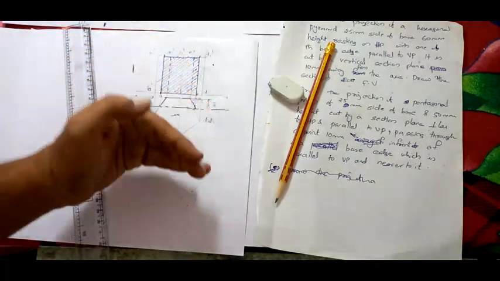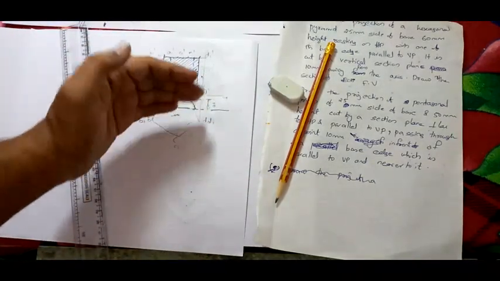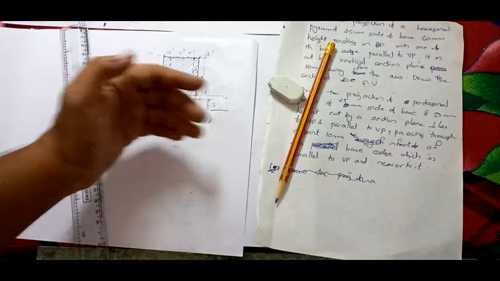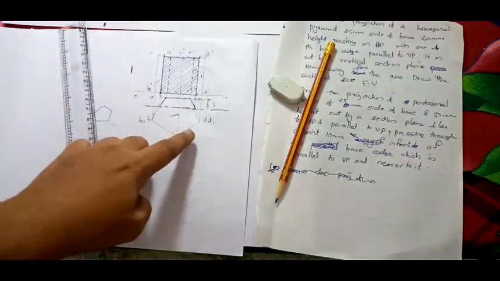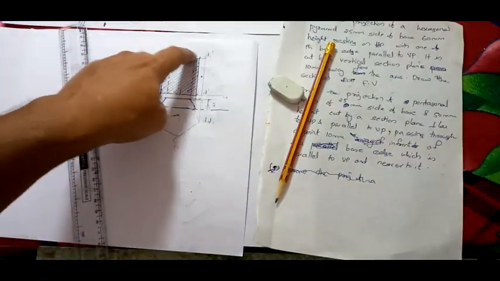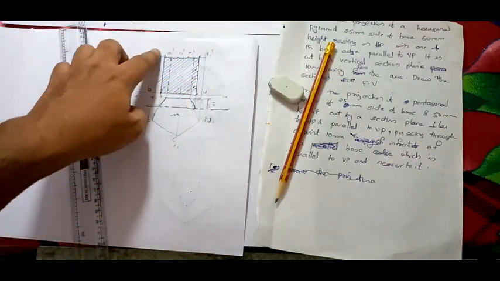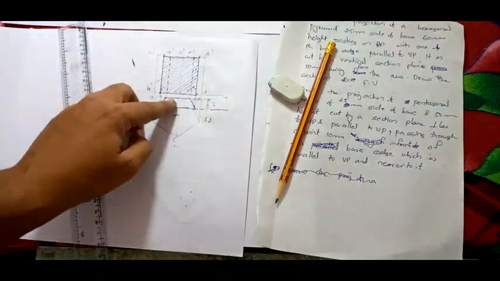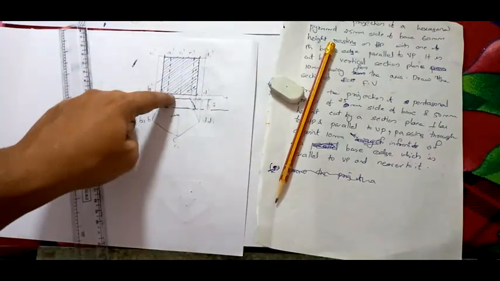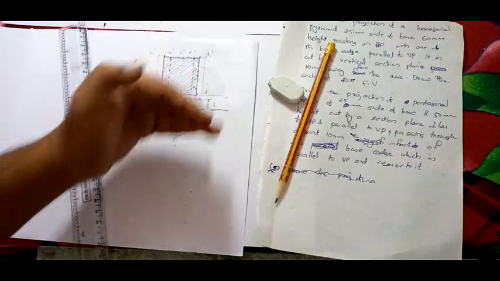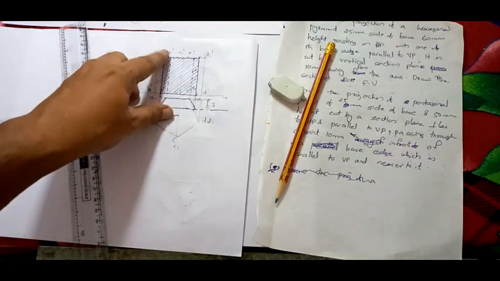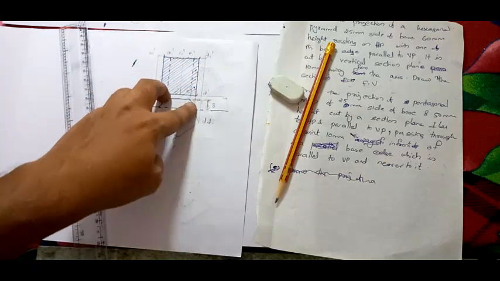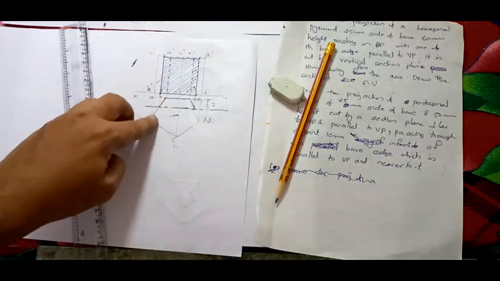If you are removing the major portion, there will be a problem. If it is in front of the axis, it will be easy for you to draw, it will be inside that and other portions will be outside. But here only this section portion is remaining, the rest are all removed. So only this section portion is dark, and the portion we are removing is not there, so all these will be lighter lines.